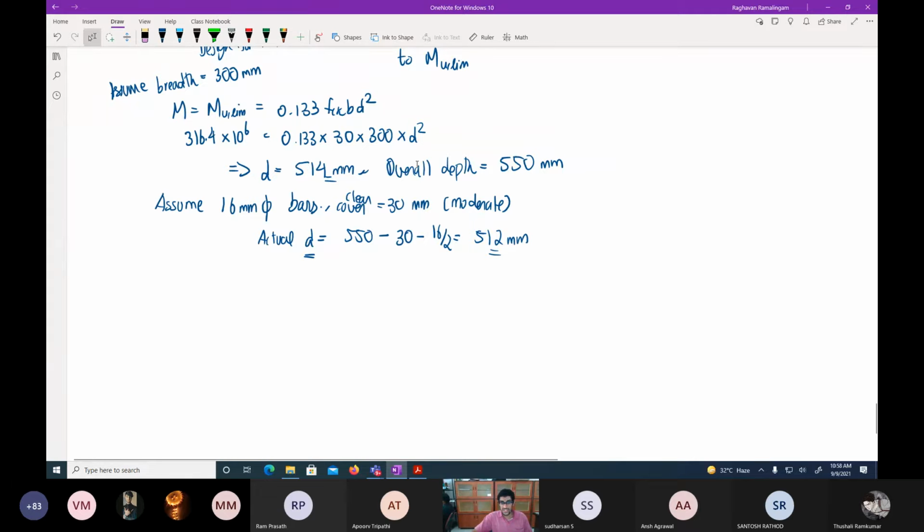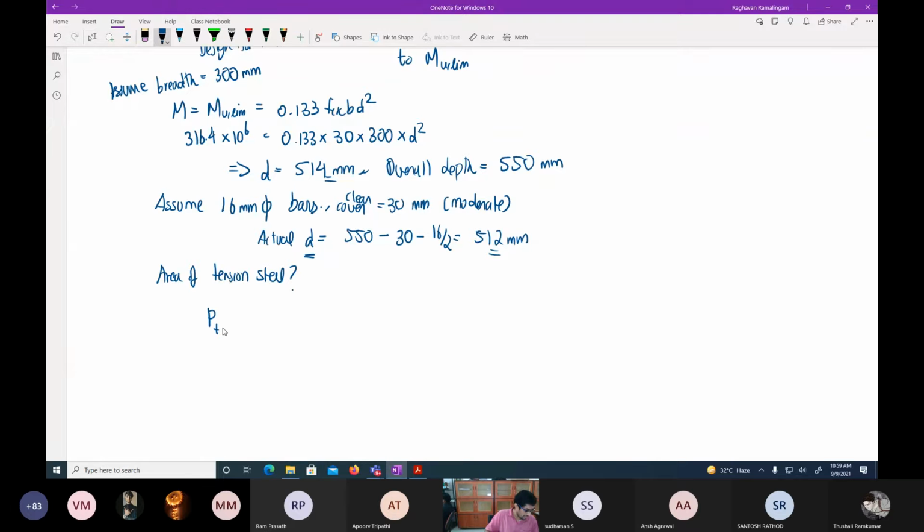I have found the depth of the beam that I have to provide, 550 mm. Next thing that we need to find is the area of tension steel. You can do this using the Mu limit. There is a formula which you can use. You can either remember this. So it goes like this: